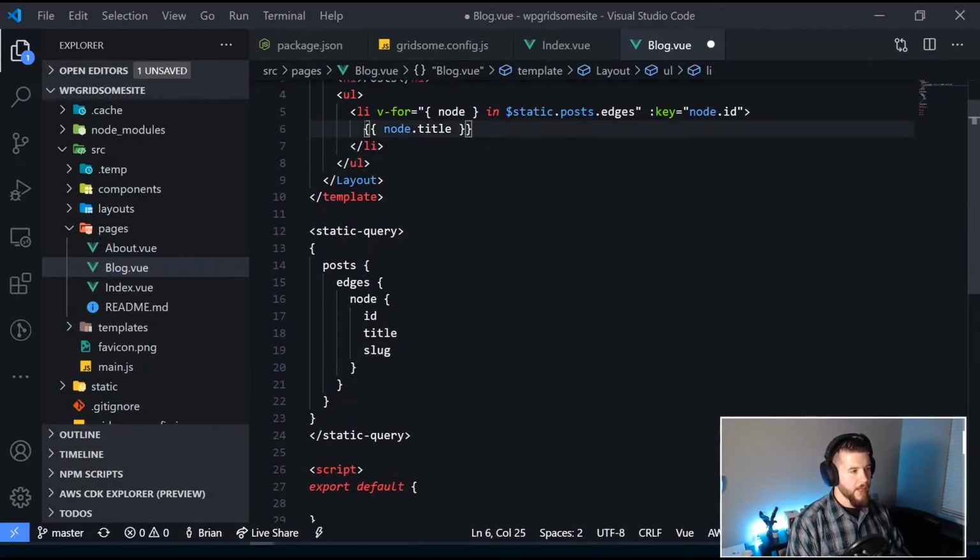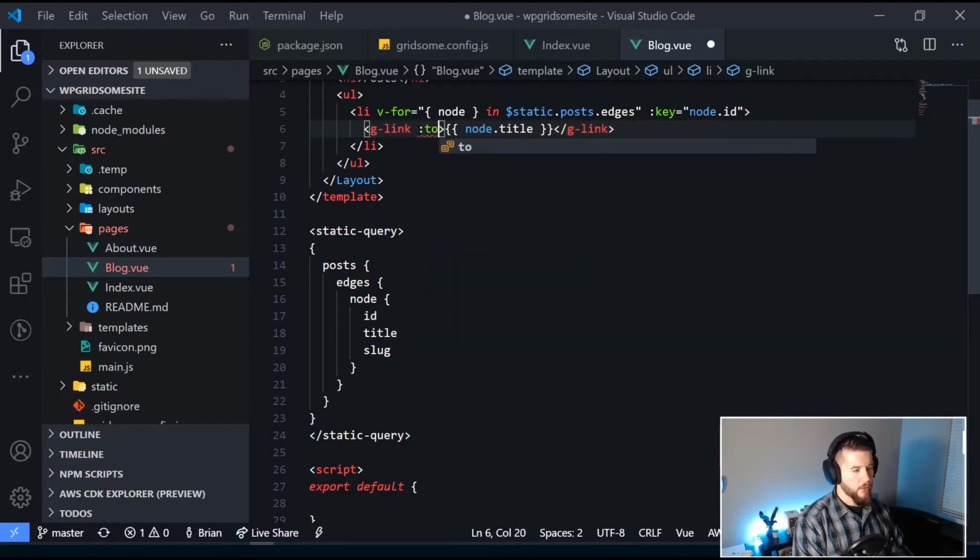The reason we need the slug is because we're going to make a link out of our node.title. We're not going to use a normal anchor tag because Gridsome has a built-in way of telling itself that this link is internal, and it optimizes the performance for it. So we're going to use a g-link here. And we're going to move the node.title inside of here. And then instead of using the href attribute like we normally would in an anchor, we're going to put :to and then open this guy up. And then we will say